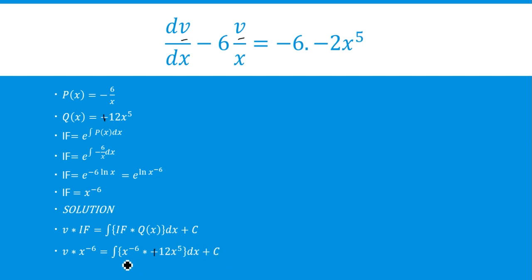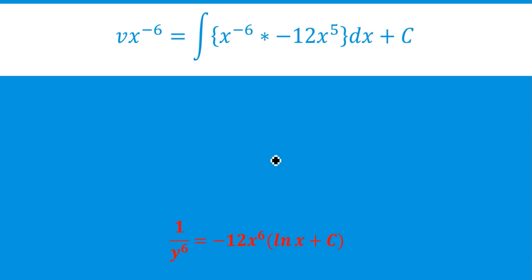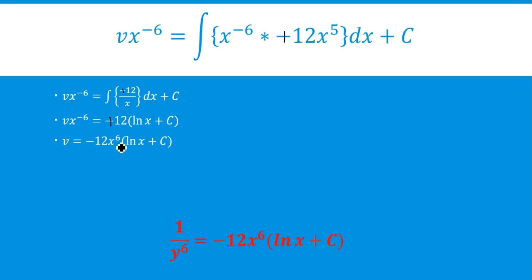So we just first multiply these two because they have a common base x. So now we have this. Now integrating, 12 by x is 12 log x plus c. See what we do here is we multiply by x to the power 6 here, so it becomes x to the power 6. So v here is 12 x to the power 6 log x plus c.